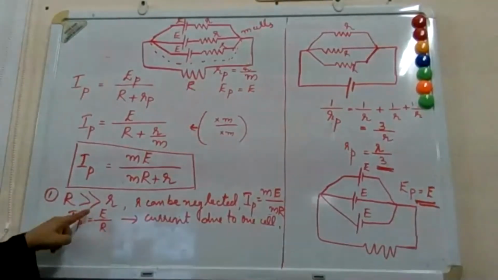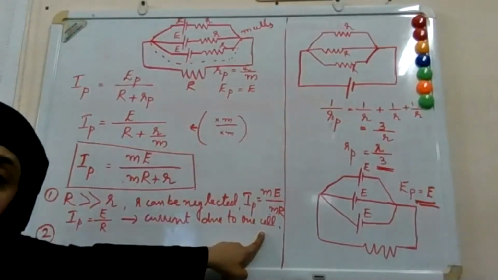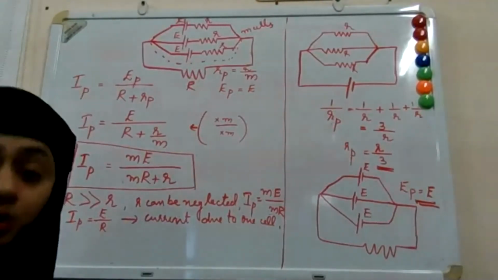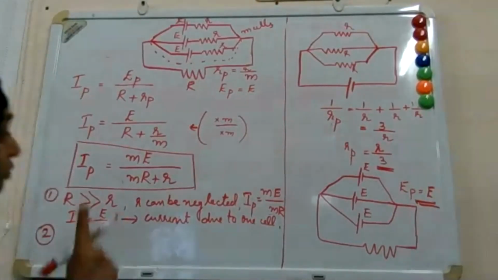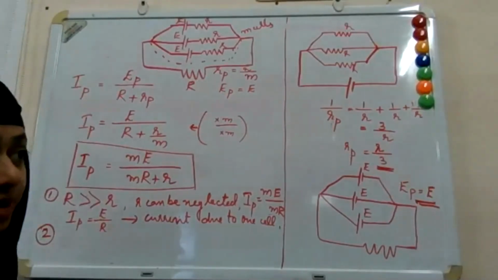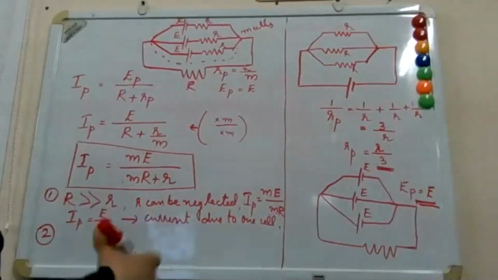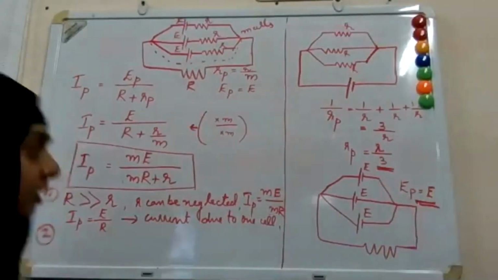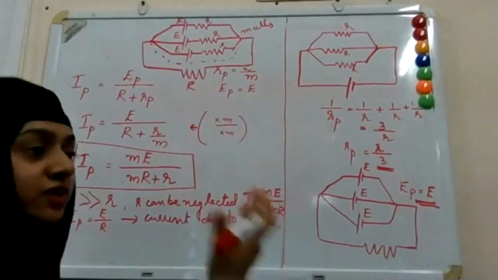Current due to one cell. So even if you are connecting 10 cells, you will be getting the current due to one cell alone. Suppose one cell can give you 2 ampere. You connect 10 such cells. Then also you will get only 2 ampere. If you connect 50 such cells,